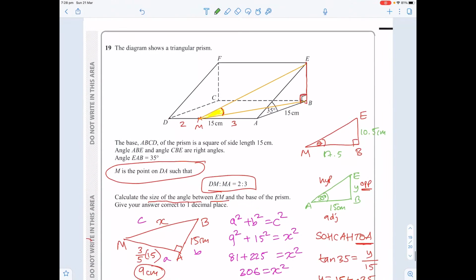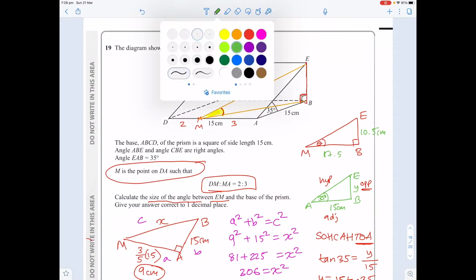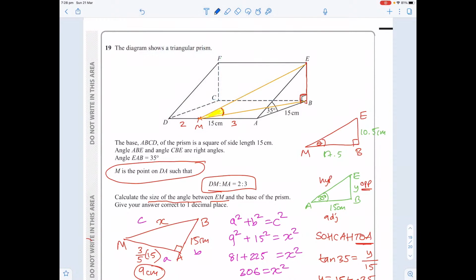And now we are ready to answer the actual question that asked us to find the angle. Again, we will label our triangle, and we don't really need to do too much because it's similar to the one that we were just using. So this is adjacent, this is opposite, and we want to find this angle. So this time we'll have tan theta, because theta is unknown, is equal to opposite, which is 10.5 over